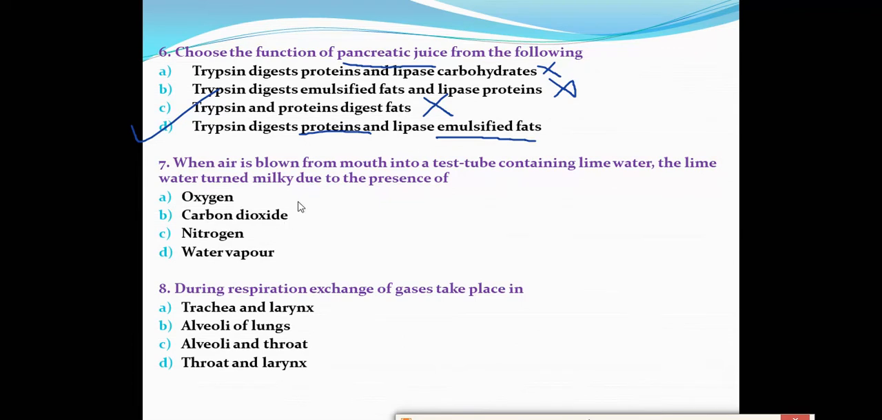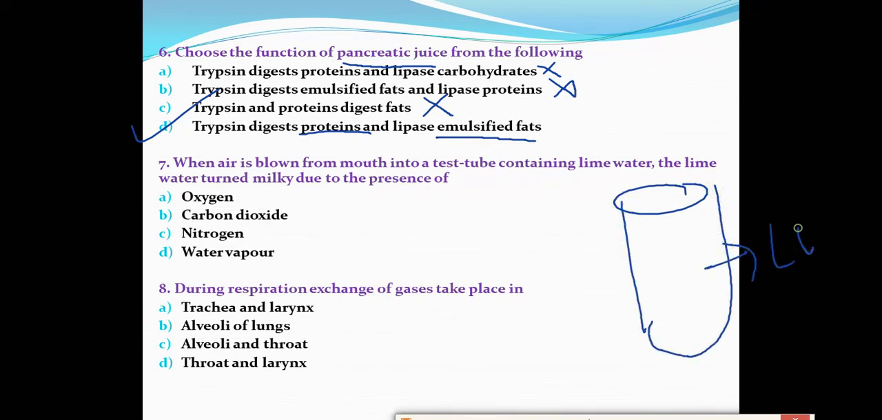Now question number 7. When air is blown from the mouth into a test tube containing lime water... suppose we have a test tube, and what is in it? Lime water, and someone has blown air into it from the mouth. So which air do we exhale out? We inhale oxygen gas and we exhale carbon dioxide gas. So if someone is exhaling that carbon dioxide gas in this test tube, the color of the lime water changes